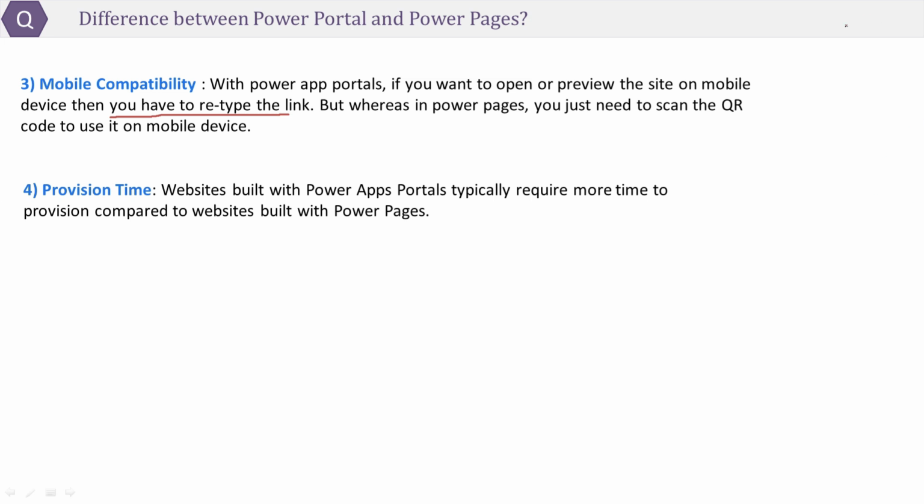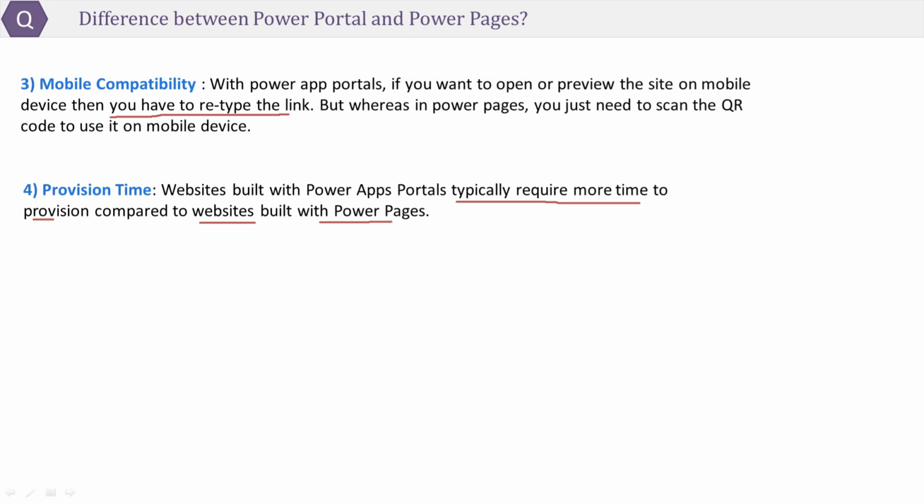The next difference is provision time. Websites built with Power Apps portals typically require more time to provision compared to websites built with Power Pages. This is because Power Apps portals involve more customization options such as setting up authentication, defining data connections, and configuring portal settings.